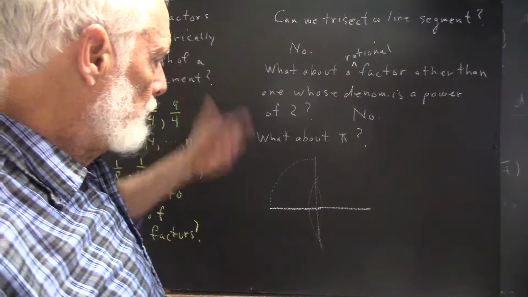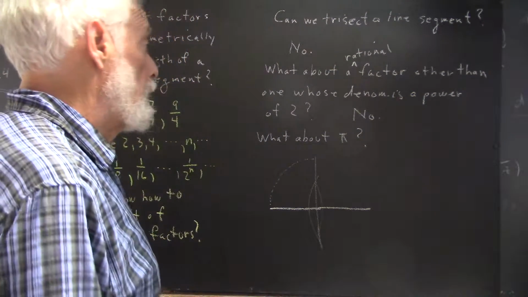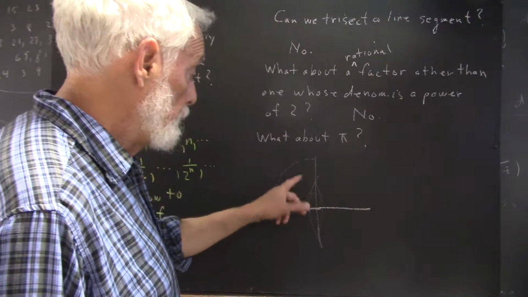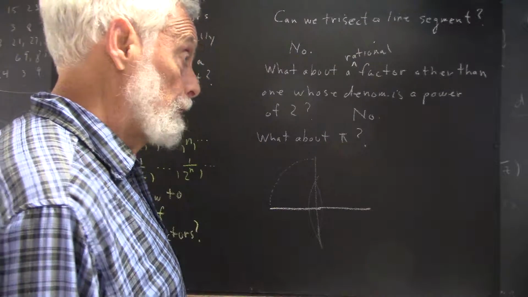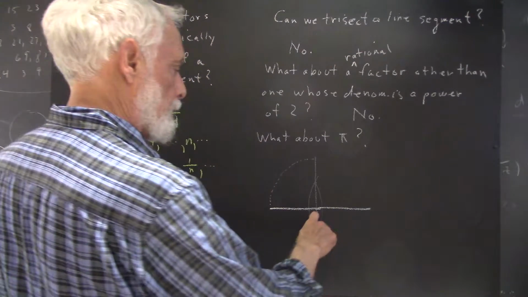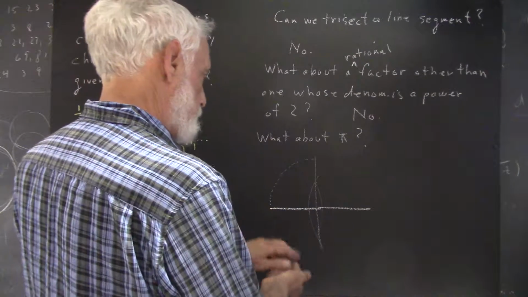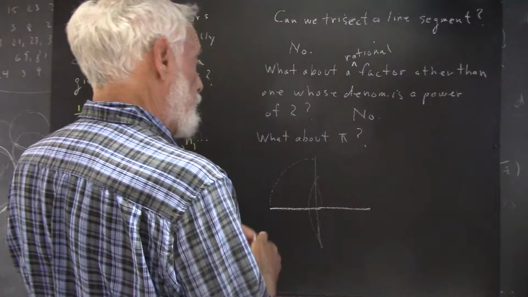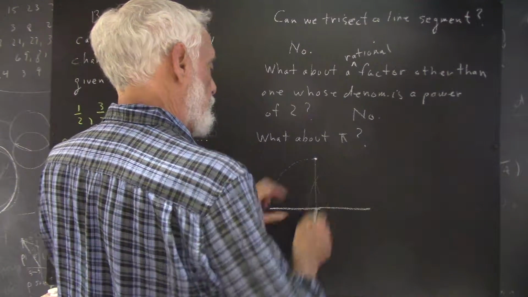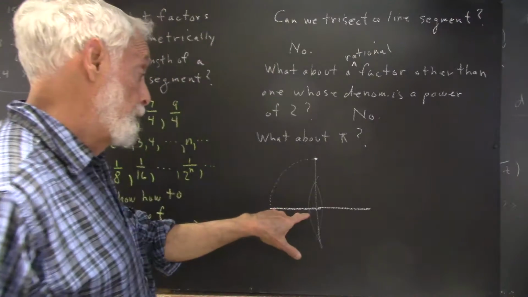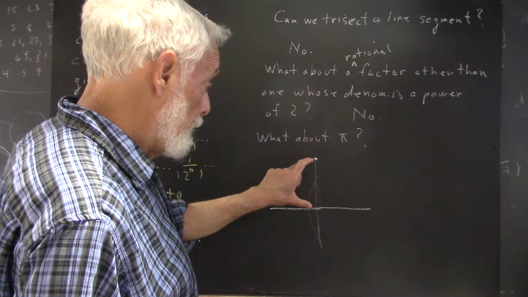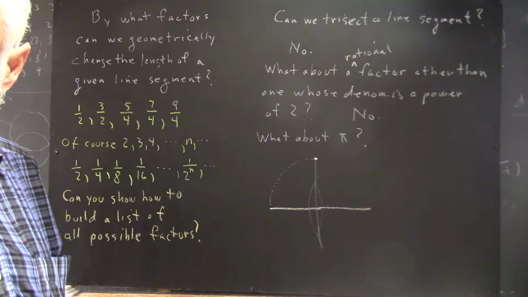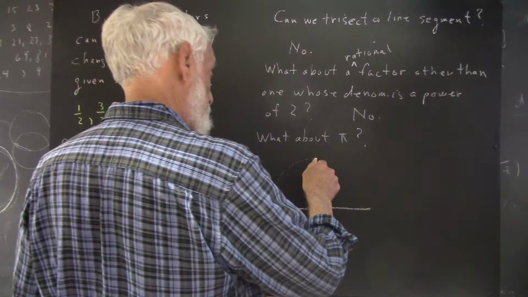I've got to give you one example of an irrational factor that we can easily construct. So we start with a line segment, we bisect it, we draw the perpendicular bisector, and then we just put the point of the compass here and the pencil or chalk here and swing an arc around here, and we get a segment perpendicular to the original line of half its length. And if we then use that as a basis for forming a triangle,